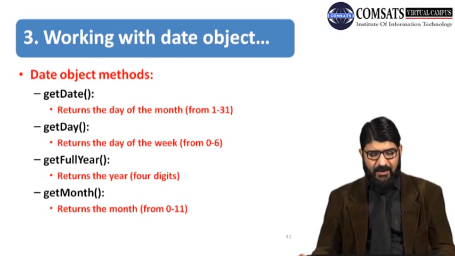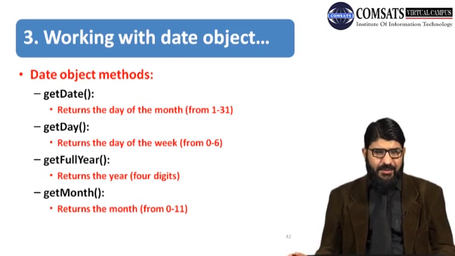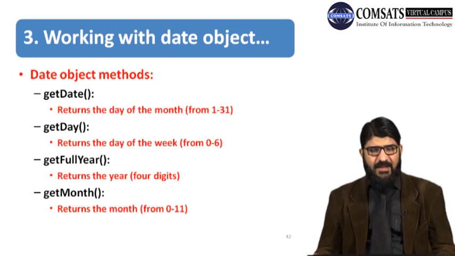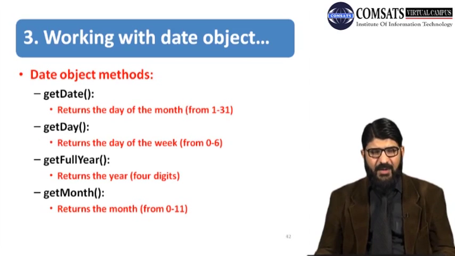The next method that is concerned with the date object method is get full year. Whenever you are going to use get full year, the function is going to return 4 values about an year, where the first 2 values are going to mention you about the century, and the other one are going to mention the year that is past or passing on or will come for that particular century.